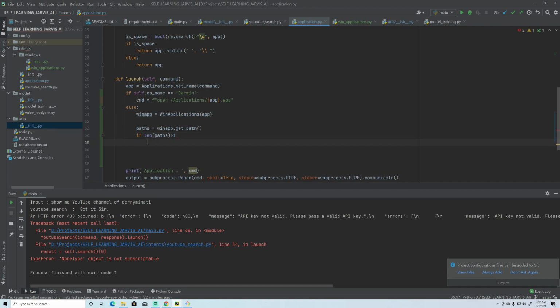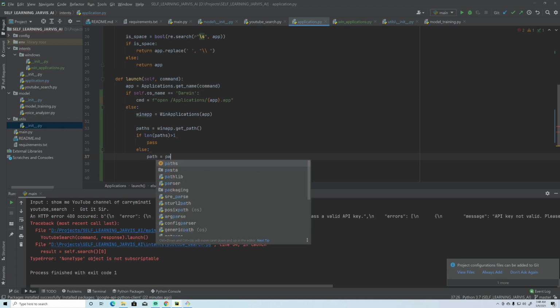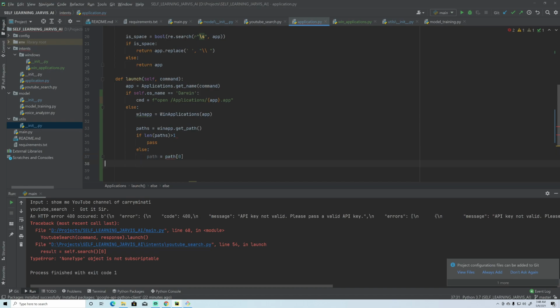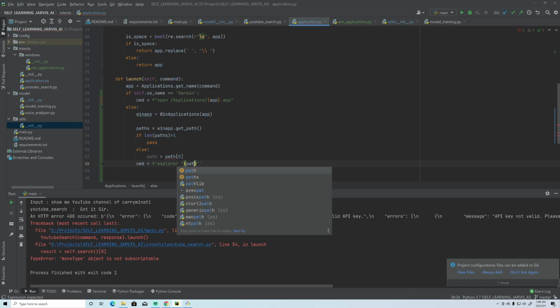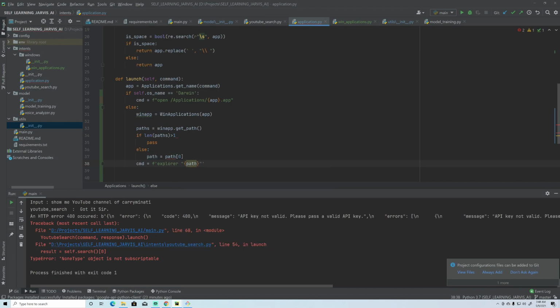If it is greater than 1, then this code will be executed, else this code will be executed, right? So for that, path equals the first index, and I'll create the command as explorer, and here I'll execute this path from paths. Yeah, this is fine.